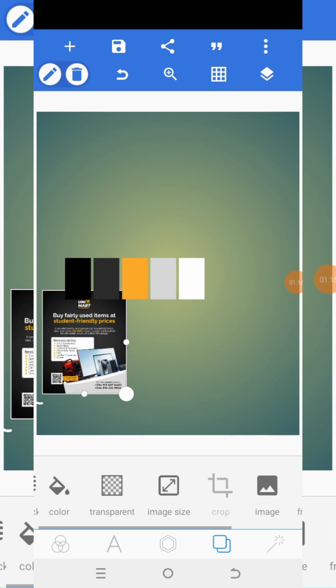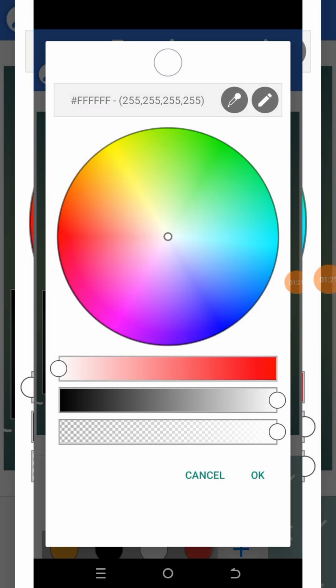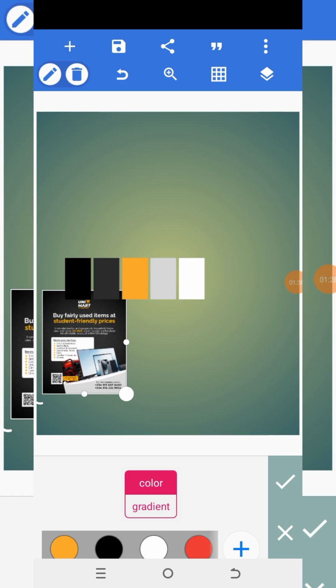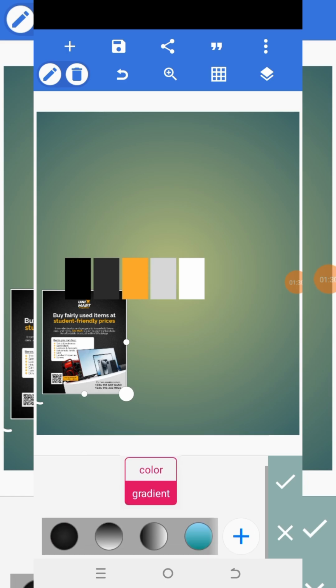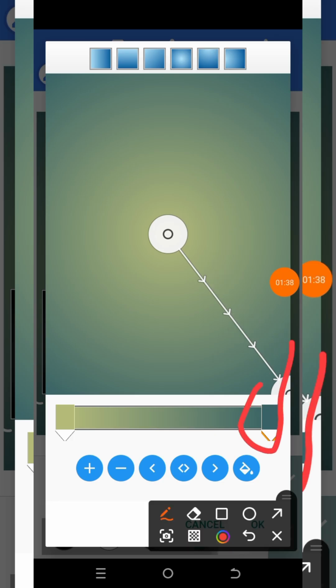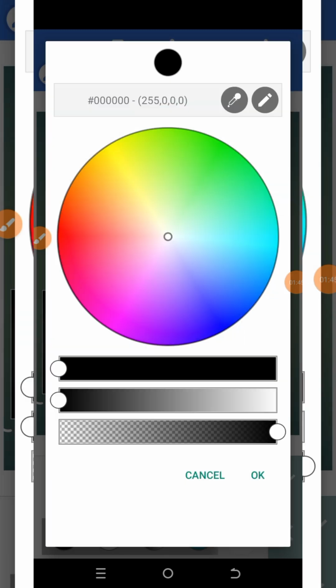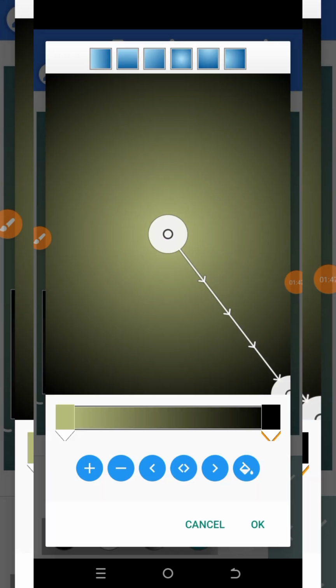So let me go straight to my color here. I'll come to my color and then pick from the color picker and then pick this color. Yes, it's okay. The color is actually a gradient. So you have to pick this gradient color. For this part here, I'll click on it and then click color picker, pick the black color, and then boom, you can see the